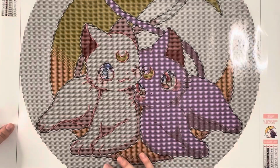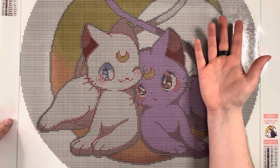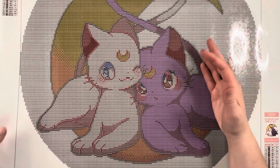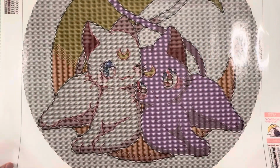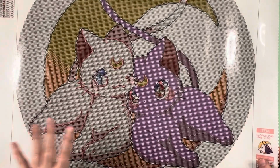I would probably, because I like to do the washi tape. Yes, it's for the adhesive around the edges, but I also use the washi tape to give it a finished look of the canvas itself, because I like that washi tape look. So I would probably still do a washi tape border around the square just because I can. But I don't know. But anyways, this is Moon Love by the artist Sevi, and that comes to us from